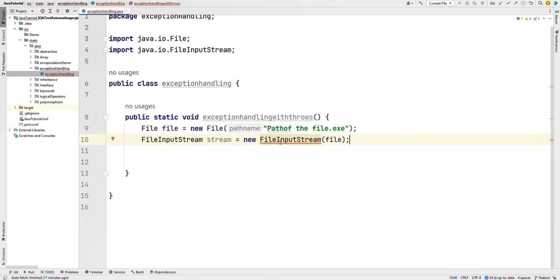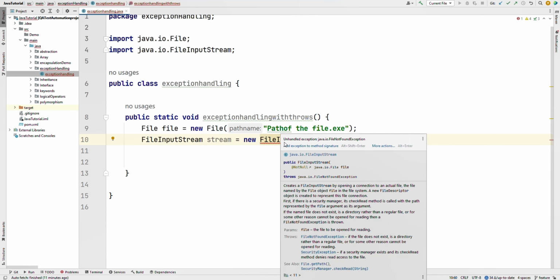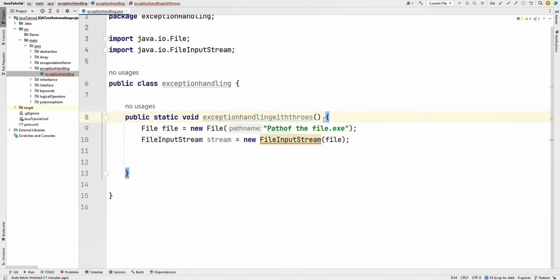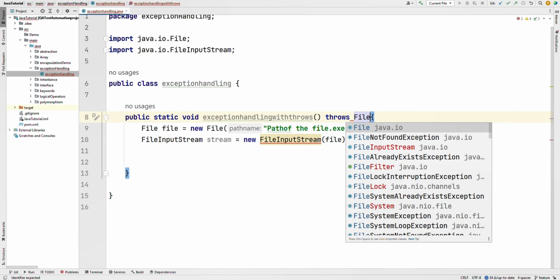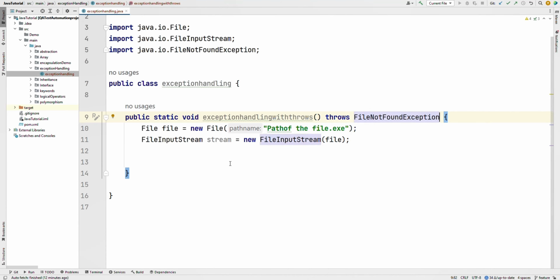See here, it is throwing the error: unhandled exception java.io.FileNotFoundException. Suppose we use the throws keyword, it handles the exception. It is a compile time exception, or checked exception, whereas unchecked exceptions,